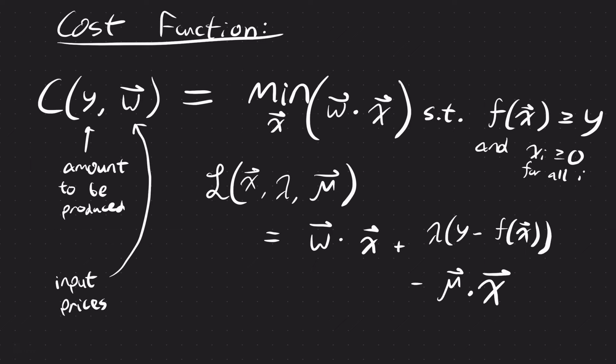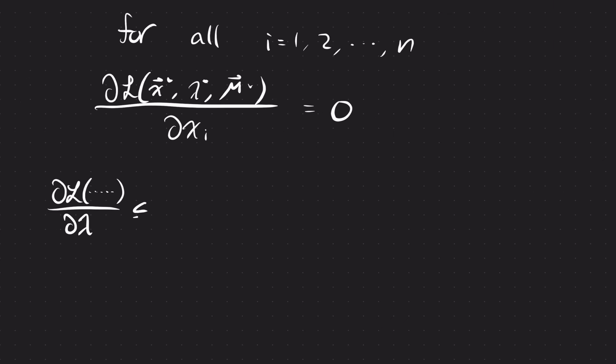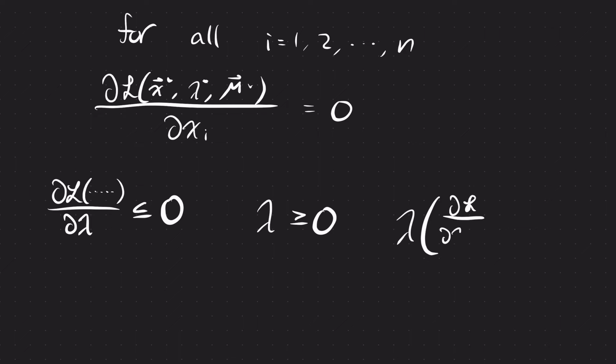In this case, that's because this inequality has to hold less than or equal to 0, so f of x is bigger than y. So that's why we do it that way. We're going to say this is less than or equal to 0. We're going to say lambda is greater than or equal to 0. And we're going to say lambda times the partial with respect to lambda